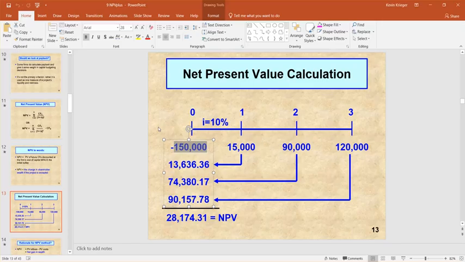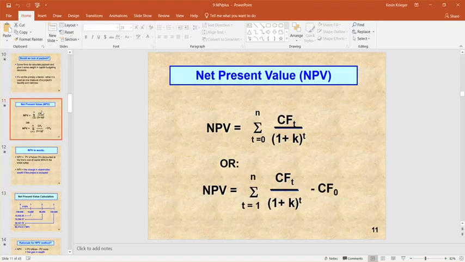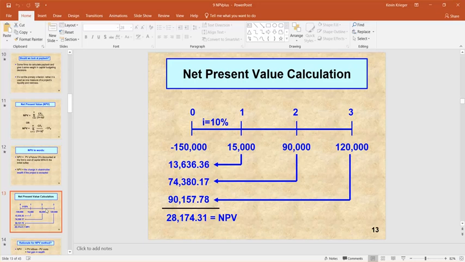Future cash flows, you either need to discount them using, I tend to use the direct method. I tend to do what this slide is saying, which is if I had this exact example on your slide, on my calculator, I would literally type in 15,000 divided by 1.1, and I would get 13,636.36. And I would take 90,000 divided by 1.1 squared and get 74,380.17. That's the way that I personally find to be quicker when doing this kind of thing the long way by hand. Now we're going to teach you an even shorter way in a moment.